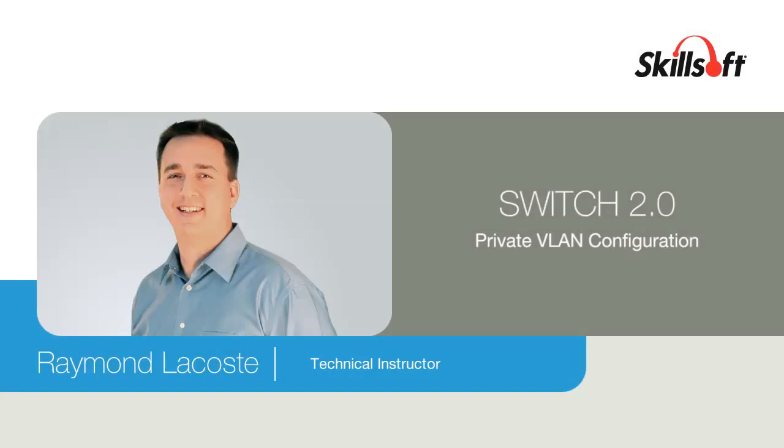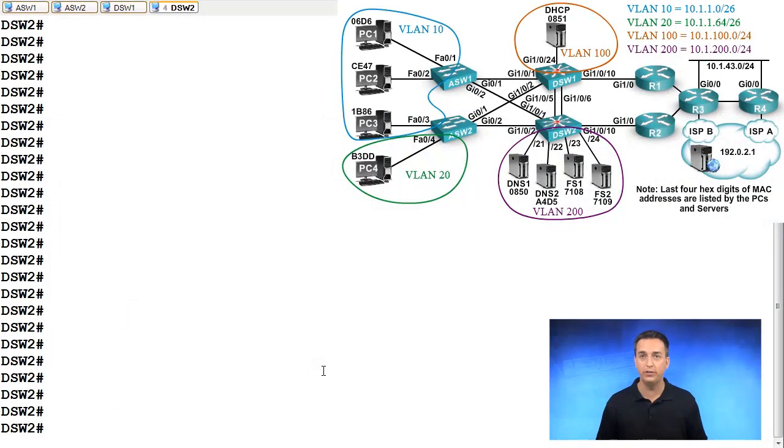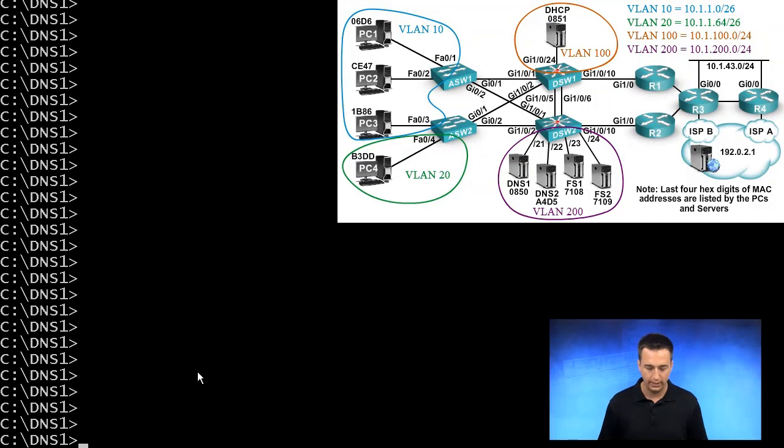I want to configure private VLANs on DSW2 right now. Notice how we have DNS1, DNS2, file server 1, and file server 2 in VLAN 200. They're in VLAN 200. They all are part of the 10.1.200.0/24 network. So if we go to DNS1 as an example and issue a ping to